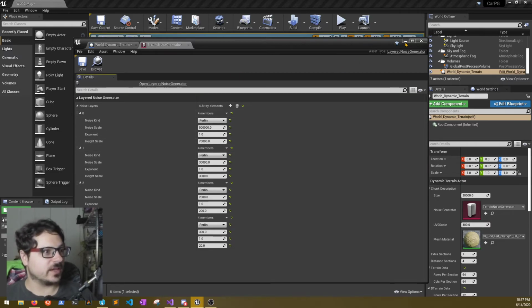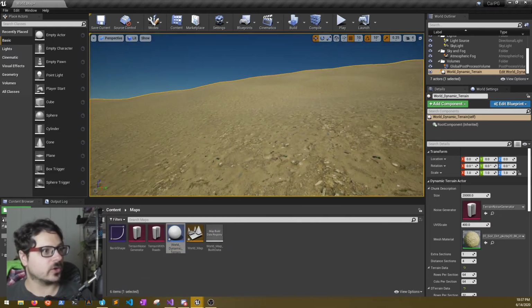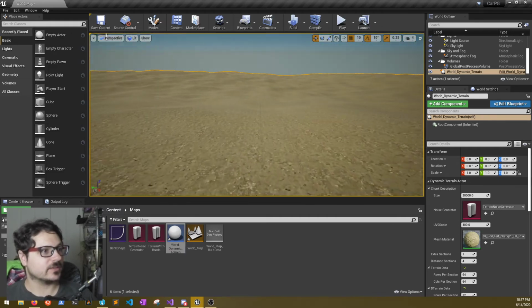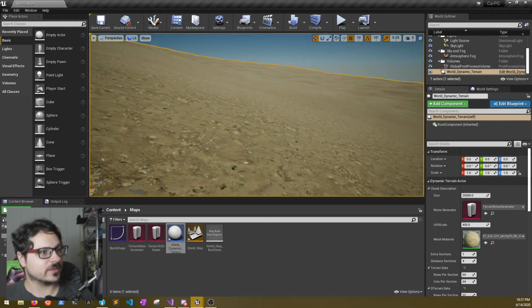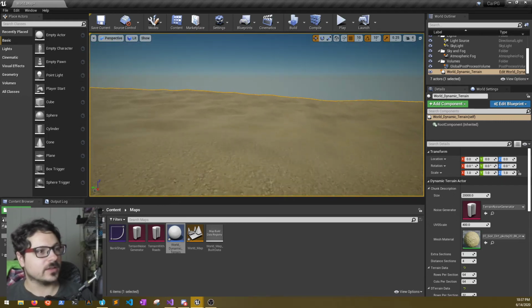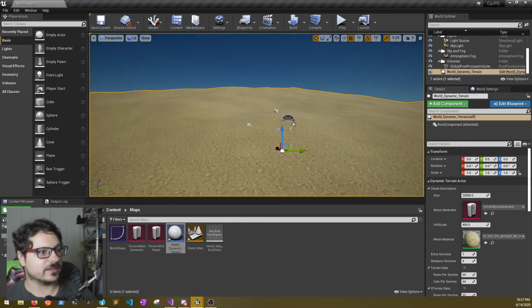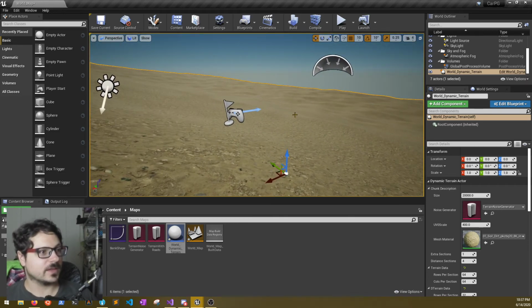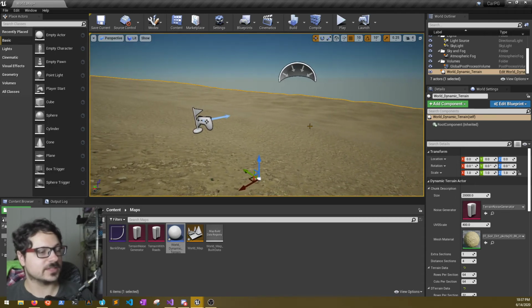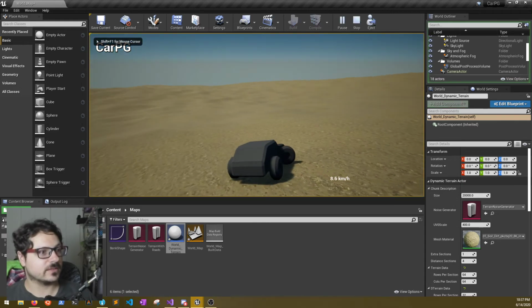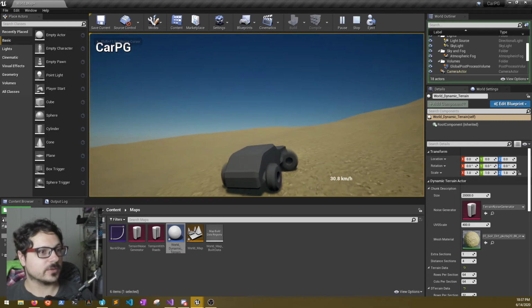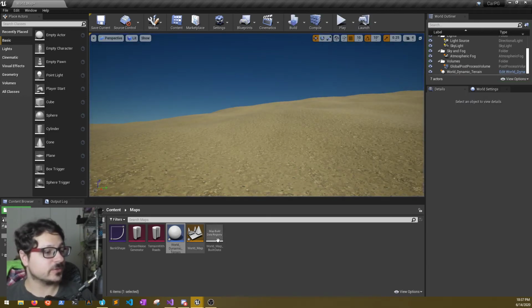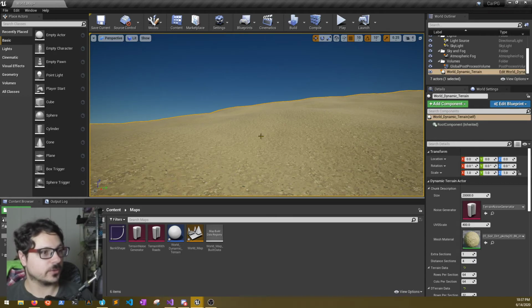which I've used here. You can see I've got this very large hill, but I also still have smaller noise going on along the way. So it looks very nice and relatively convincing as things go for a desert landscape. Now if I go around here, you can go up and around and that sort of thing. Before I go too far into that, I actually want to show you the other really cool thing that I worked out